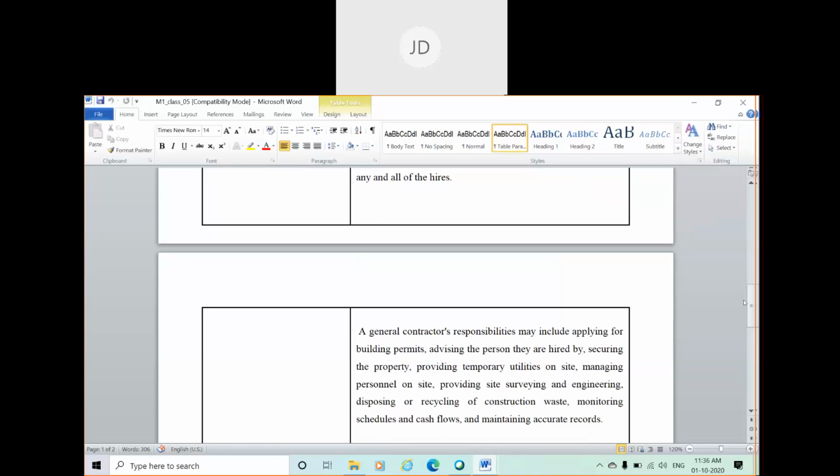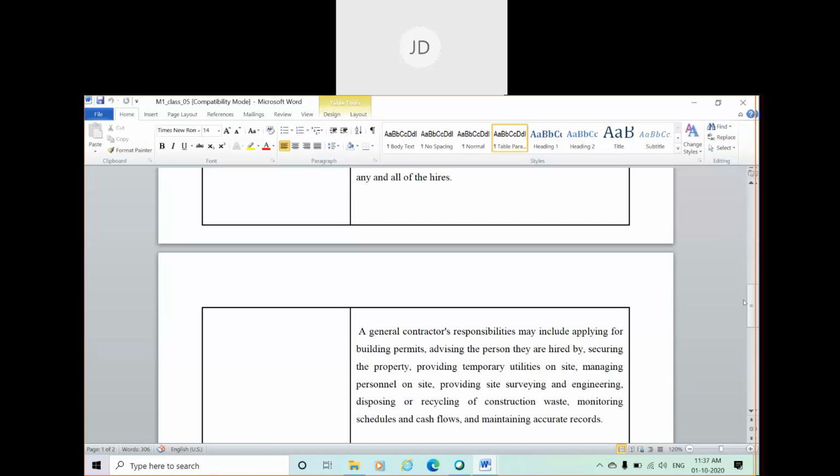So you can approach a contractor who has experience in taking the permits, that means the permission from the government. You can hire a contractor for getting the permission from the government. A contractor can also advise a client how the construction work will go in future and when it will be completed. Every detail will be given by the contractor to the client.